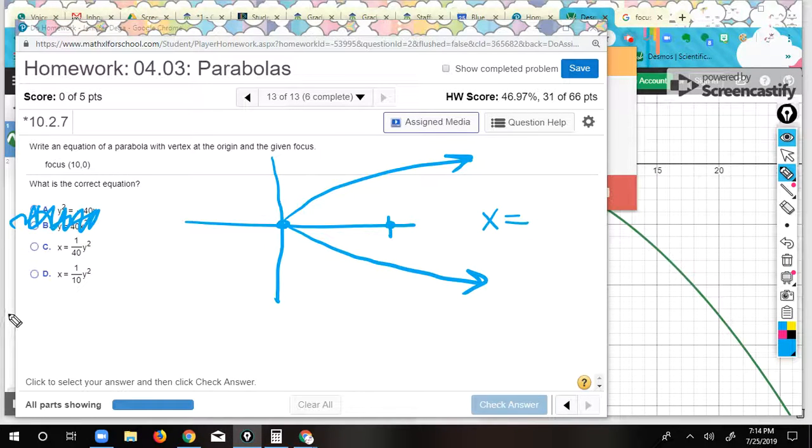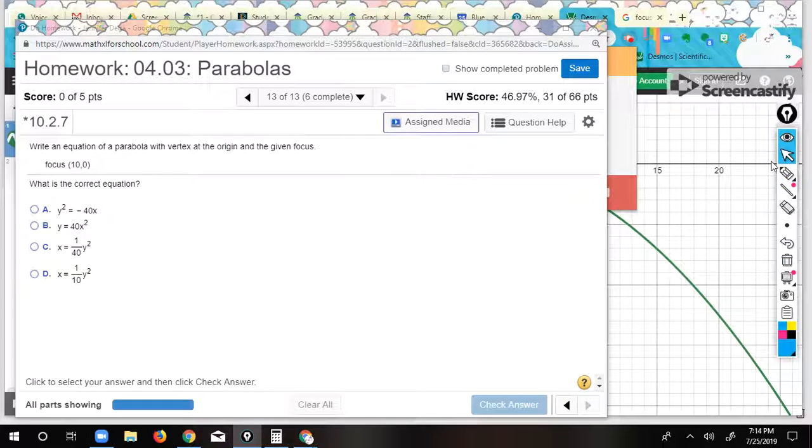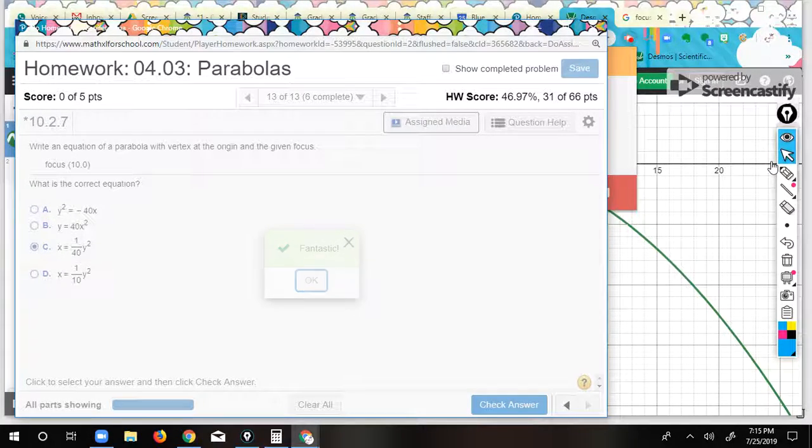Okay. So the C value is going to be 10 because this is at 10, 0, and C is the distance from the vertex to the focus. And if this is at 10, 0, that means it's 10 spots away. So C is 10. So then if we put it into that format, you're going to end up multiplying by 4. So the only option is C, because the general equation there is that 1/4 C y squared it would be, since we're sideways. So we're going to pick C. Yay! And we are